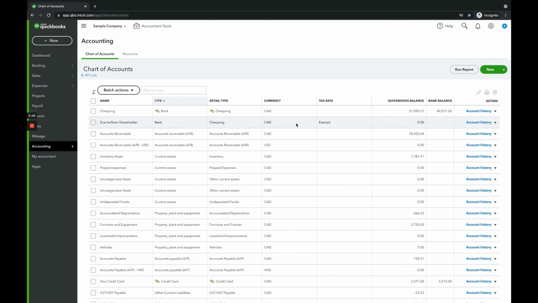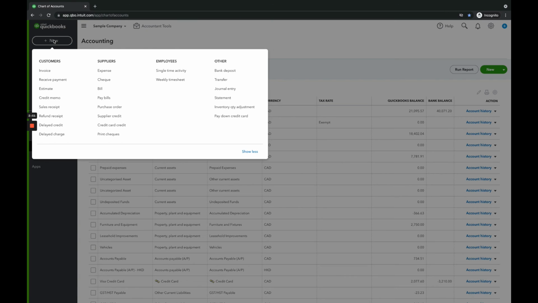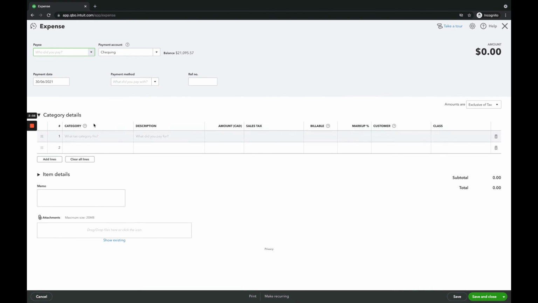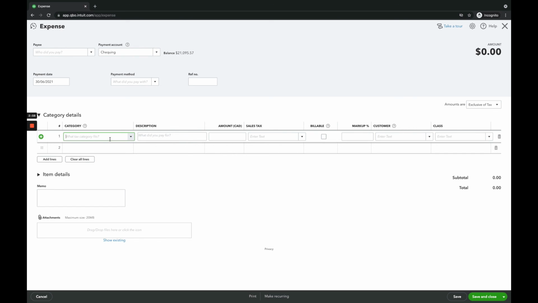So let me show you an example of how this account will look once you take money from the company. Let's say that you took $20,000 out of the business checking account. There's $21,095.57 right now in the business checking account, and we're going to take $20,000 out and put it into the business owner's account. So we're going to add it as an expense with a category of due to / from shareholder,